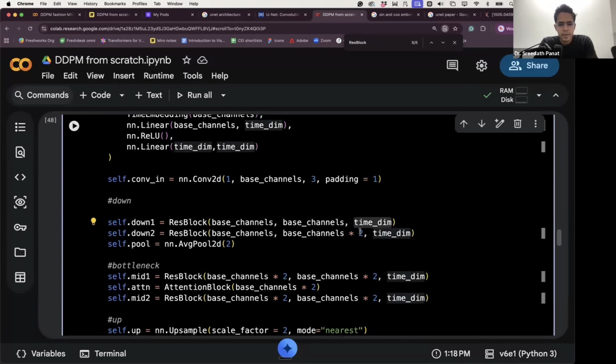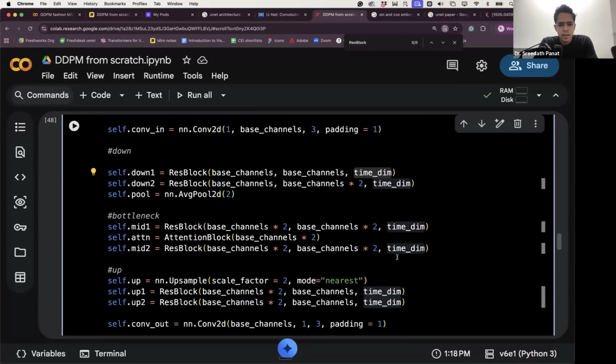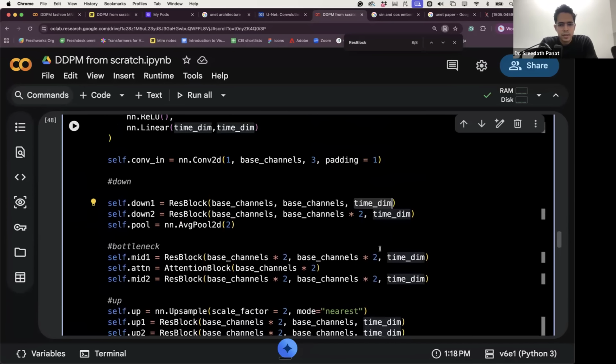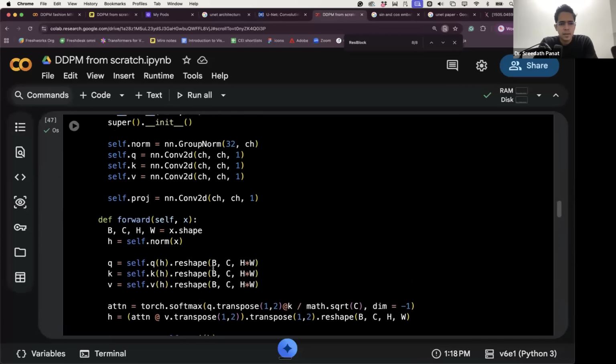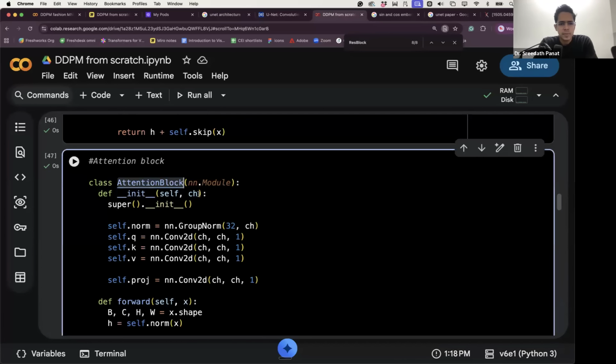Can you help me identify where that is? Time dimension. In attention, we are only expecting the channel dimension, but